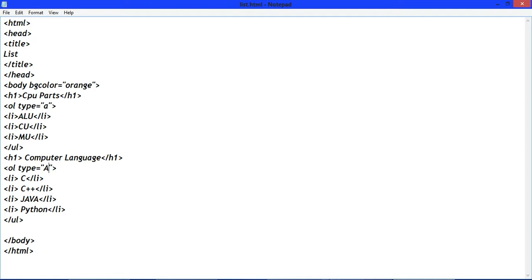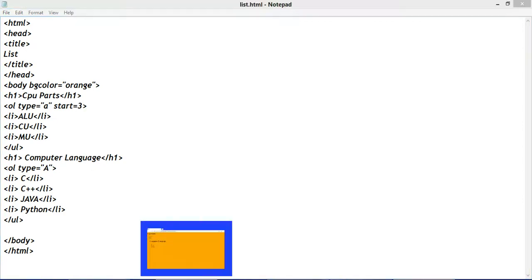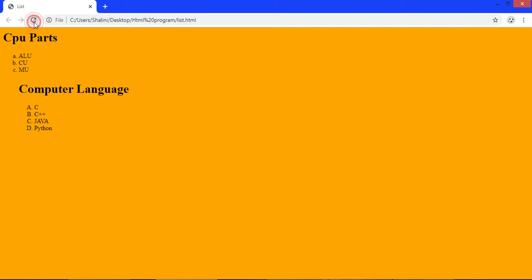You can also start this numbering with C or D. Just write here start equals to 3. 3 means C. Save it. See, now the numbering is starting from C.